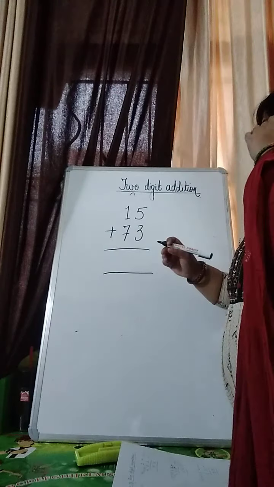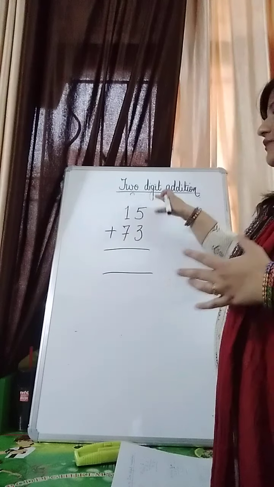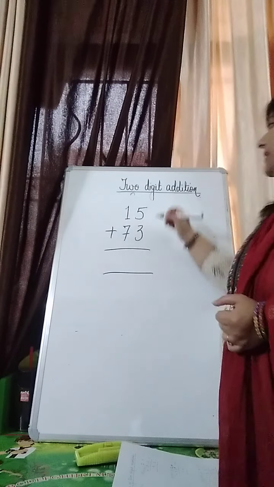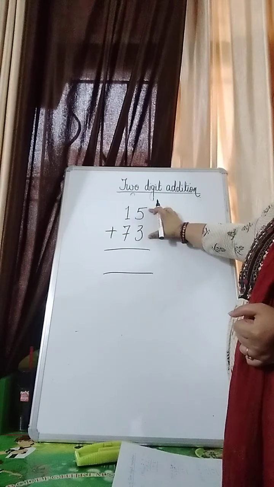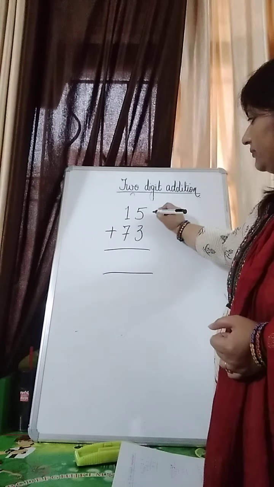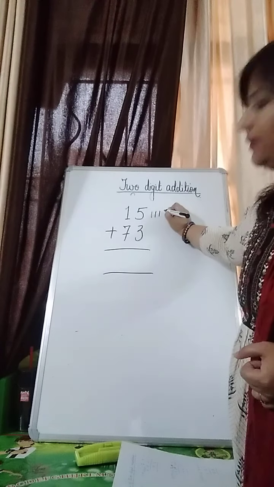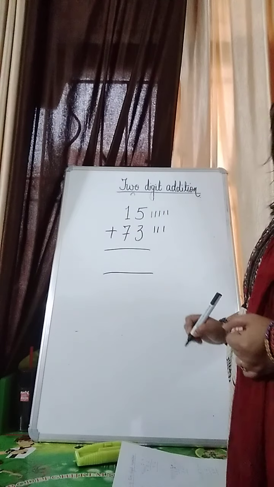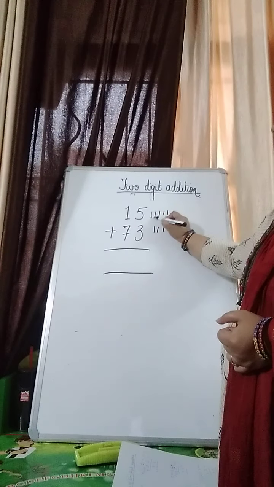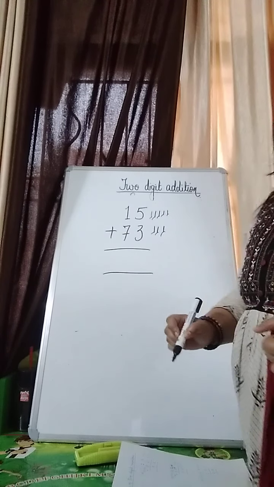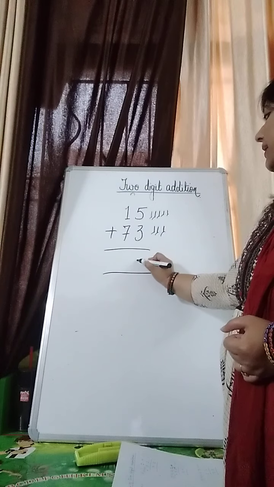So first we are going to use the number line, and the number line always starts from the left part of the digits. On the left part we have 5 and 3, 2 digits. So 1, 2, 3, 4, 5, and 1, 2, 3. Now you are going to count it. 1, 2, 3, 4, 5, 6, 7, 8. Alright. What comes over here?